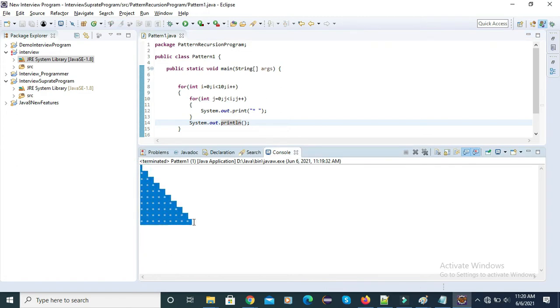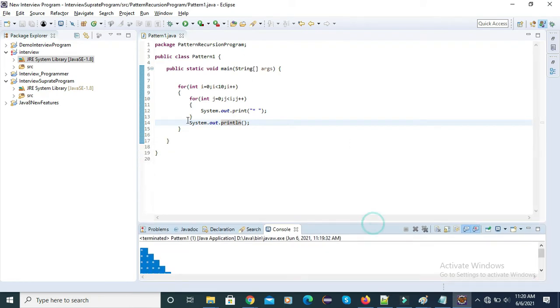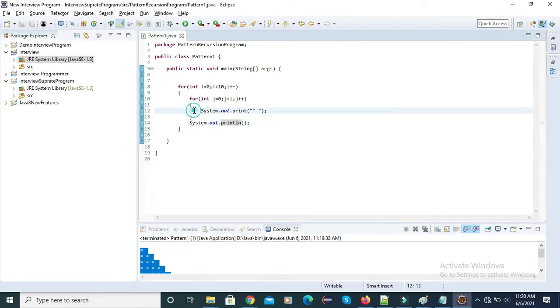But as we decided, we are not using any for loop, yet we have to create this kind of pyramid pattern. So how can we do that? If you know recursive functions, then it will be easy for you. If you don't know, don't worry, I'll explain line by line. We will simply convert this for loop into a function. I'll remove this code.